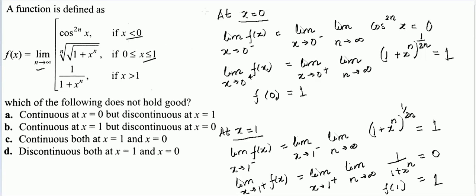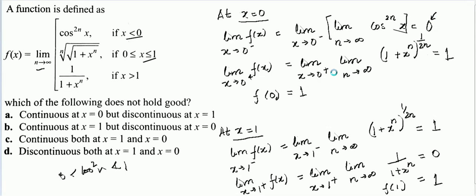So let's start the analysis of the function first at 0. At 0, the left hand limit of this function will be given by this expression, the limit of f of x as x tends to 0 minus, which will be nothing but the limit as x tends to 0 of this expression. Now we know that cos square x is a value which lies between 0 and 1, and hence its modulus is less than or equal to 1. So if we apply a very high power on cos square x, the limit will become 0, as shown here.